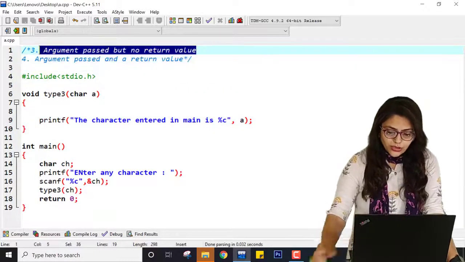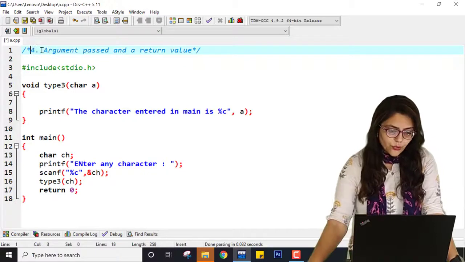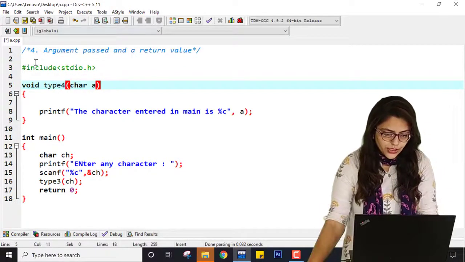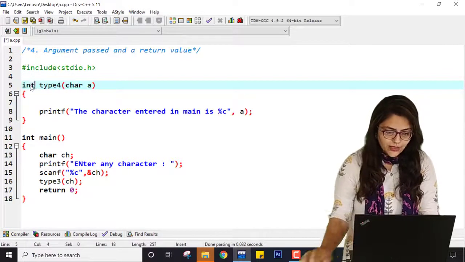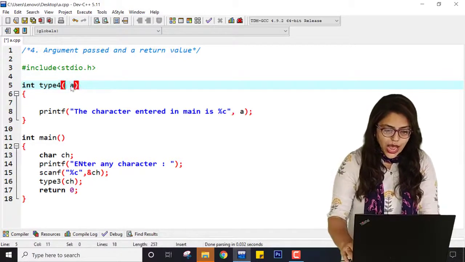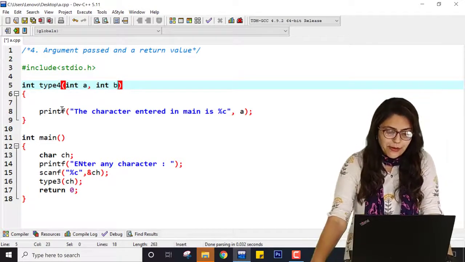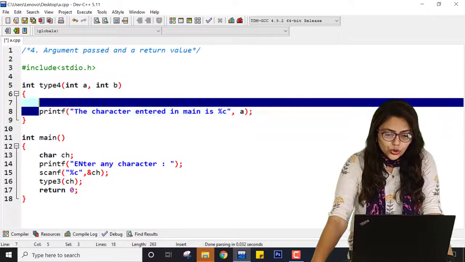And last but not the least, we have already covered this program, that is type 4 of function. It is having a return type and it is having some kind of argument. So I am having int a, int b, addition, or type 4 you can say.